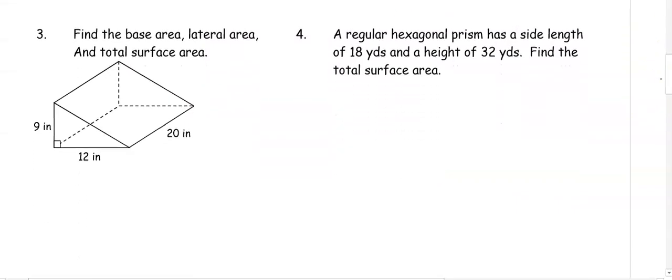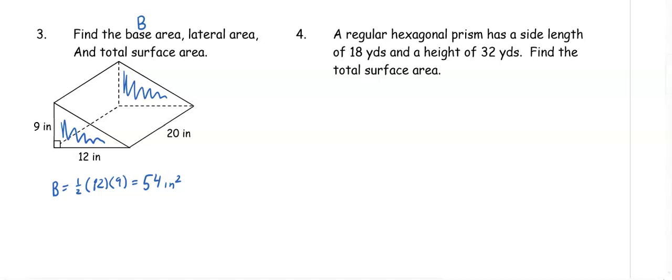In number three, find the base area, the lateral area, and the total surface area. So the base area here, we have two right triangles. So our base area is very easy. And for base area, we'll use capital B. So capital B is equal to 1/2 base times height of the triangle. So 1/2 times 12 times 9, which gets us 54 inches squared. Then for lateral area,